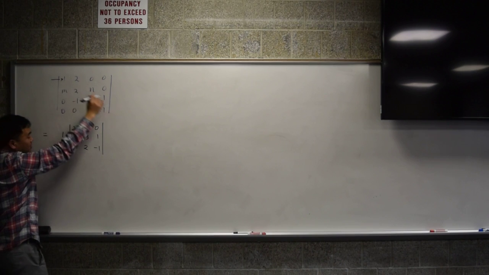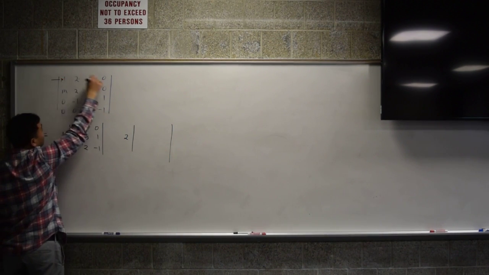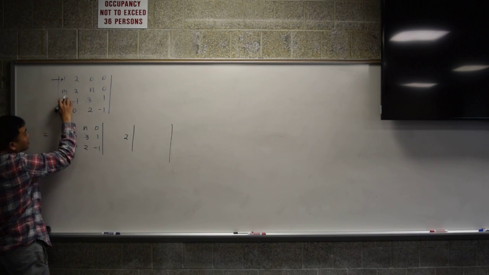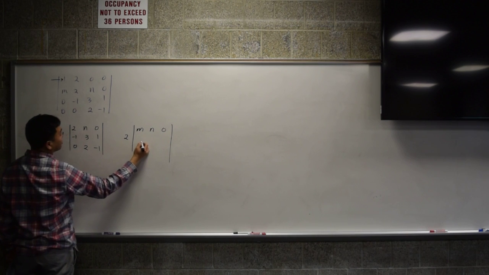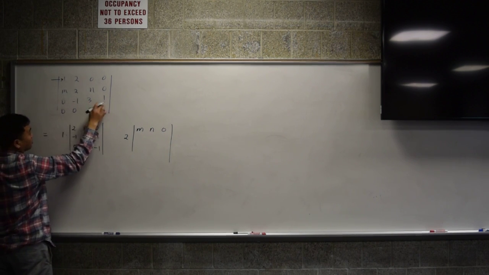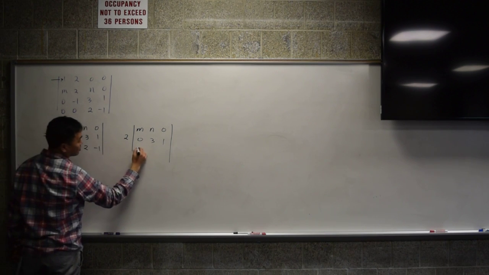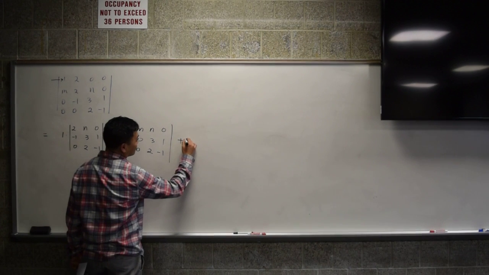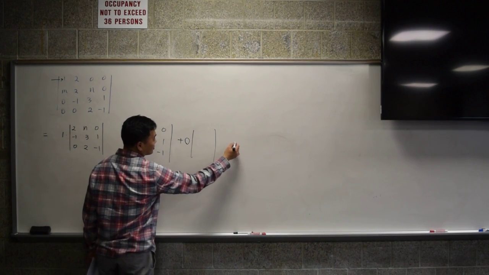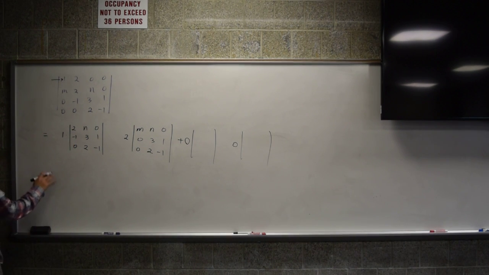And then you go to the next element, which is 2. Again, let's try to delete the first row and this column. What are you left with? It's m, n, 0, and then 0, 3, 1, 0, 2, negative 1, 0, 2, negative 1. And then we have 0 times something, 0 times something, I don't care. Okay? And then once you write in this format, then you have to apply the